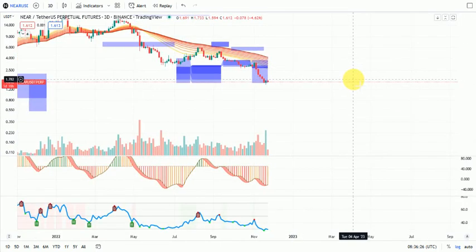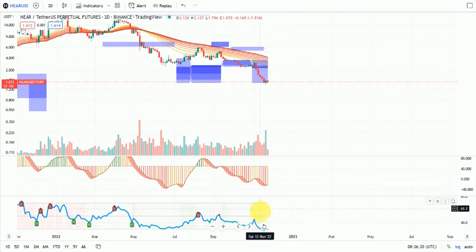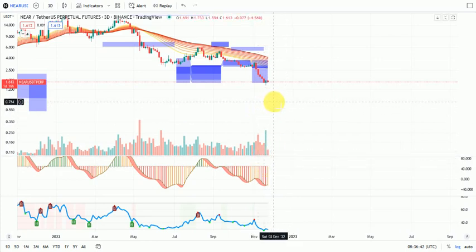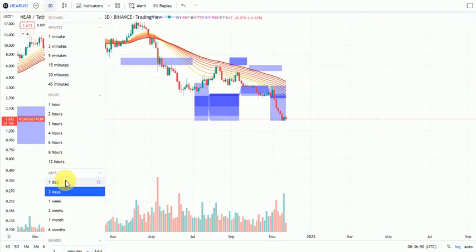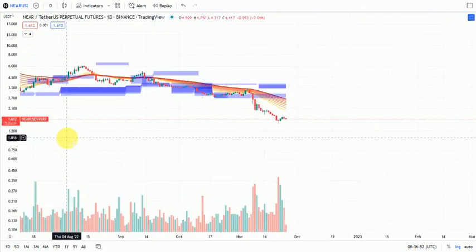If we have our indicators on, we can see some little amount of money on the money flow indicator began coming into NEAR, as you can see on the long candle, but it was quickly sold off by the bears. The bears are selling every rally that we have on NEAR, and this is quite bad news for NEAR at the moment. If we come back to the daily, we can see no form of momentum